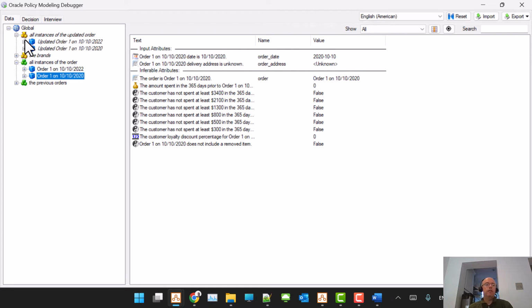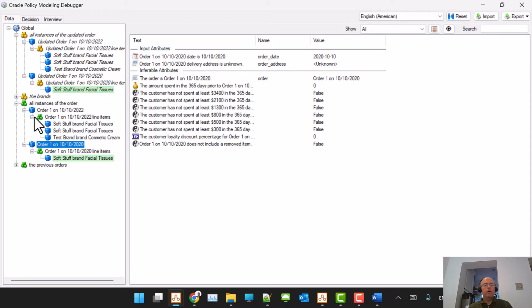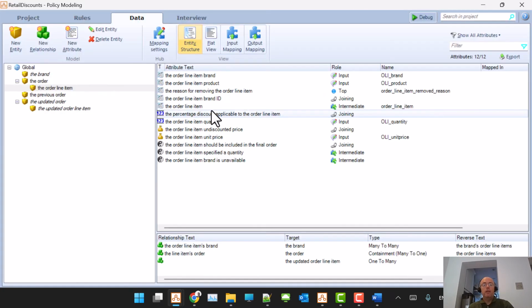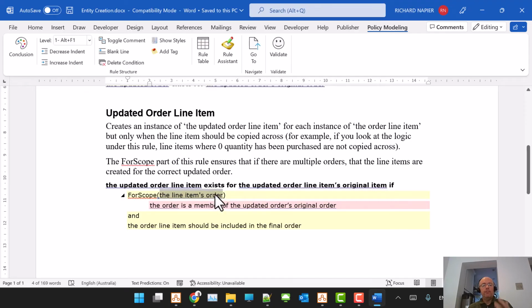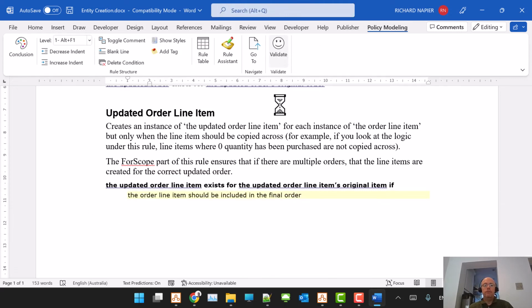So when I look at the updated orders, as you'd expect, I have one updated order which has only 1 line item, which is the clone of this one. And then I have one updated order which has 3 line items, which is the clone of that one. So the clone has been successful. The clone being successful is in part down to this section here, because if I don't make Oracle Intelligent Advisor understand that you don't clone every item into every order, you could end up with something a little, I pull that out, and